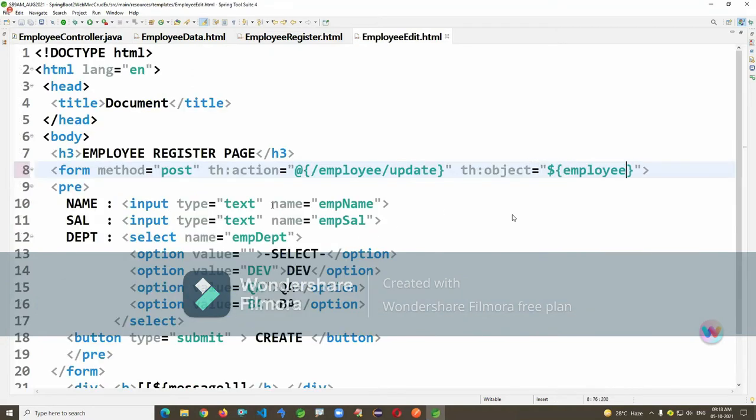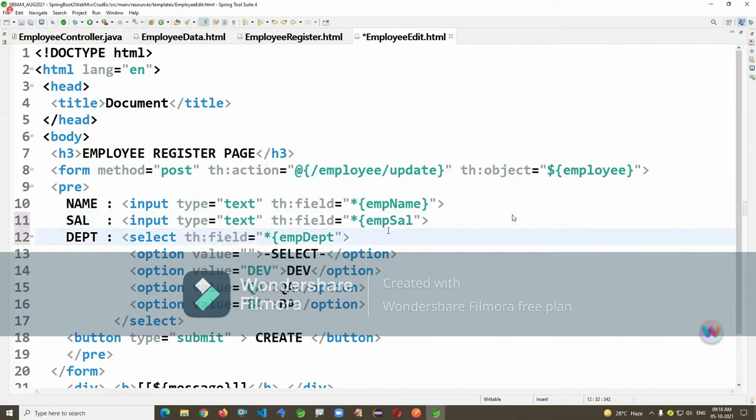Okay, now in the place of name, please replace it with th:field. It's a bidirectional form. Okay, I'm just writing it like this. th:field, like this I'm just writing in the place of name. Curly brace close and close.